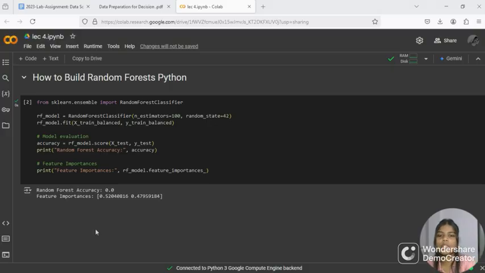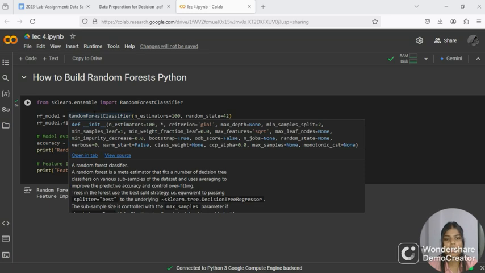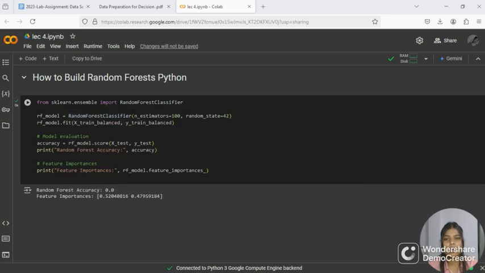So here is the code to implement random forest. Firstly, we are importing the RandomForestClassifier class from sklearn's ensemble module, and we are creating a random forest classifier object with n_estimators equal to 100, specifying the number of decision trees to combine in the forest, and random_state equal to 42, setting the random seed for reproducibility.